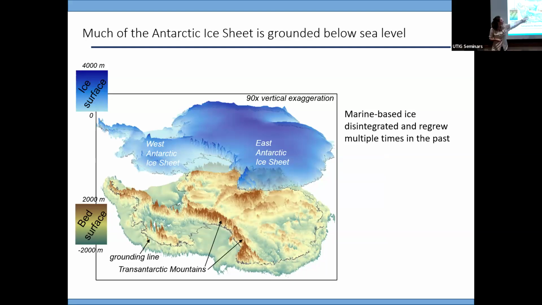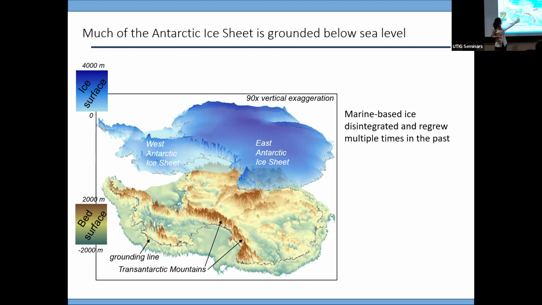Now let's look at the actual bed topography under the ice sheet. You can see first that Antarctica is divided into 2 main regions, the West Antarctic Ice Sheet and the East Antarctic Ice Sheet, separated by the Transantarctic Mountains, right? Here they are. They poke out of the ice in a lot of regions. And if we look at the bed topography again, here the greens are bed that's below sea level. Well, it's not underwater if it's covered in ice, but it's below sea level. And the browns are land surface that's above sea level.